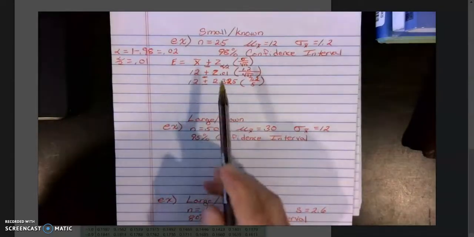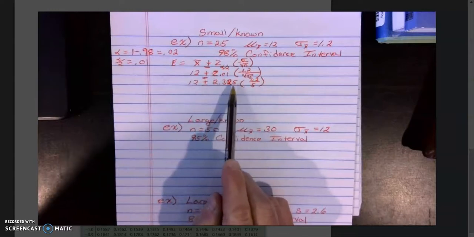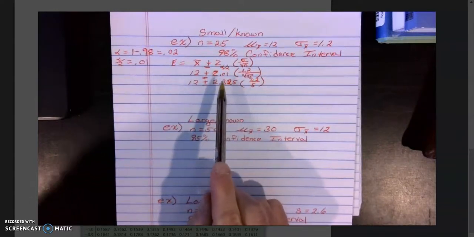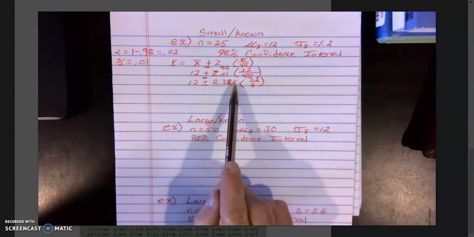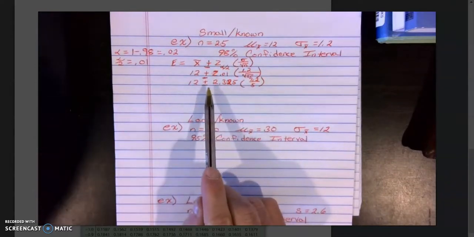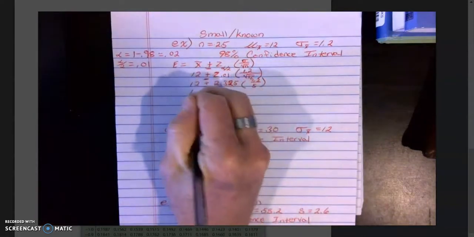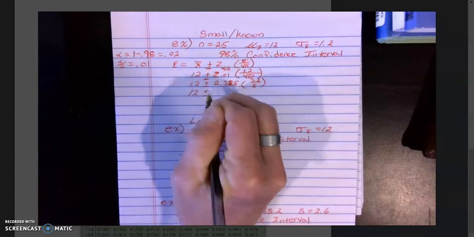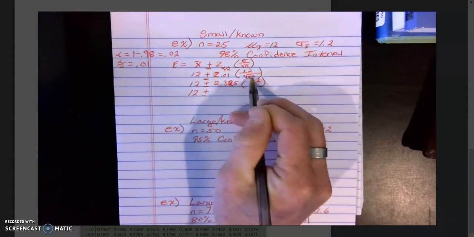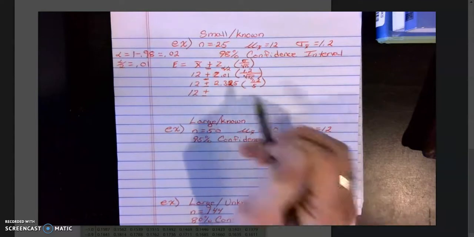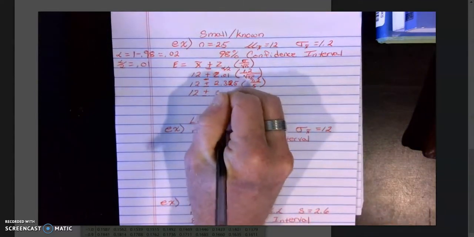Okay, so as you can see, I took that value that we just found, 2.3, and it was actually 2.5. I said it wrong, but if you go back, you'll understand it, 2.325, and now we're going to plug it in here. And now all we need to do is just do the simple math. And when we do the simple math, what we're going to get is 12 plus or minus, and the value that happens here when we go 1.2 divided by 5, because that's what the square root of 25 is, times this 2.325, we're going to get